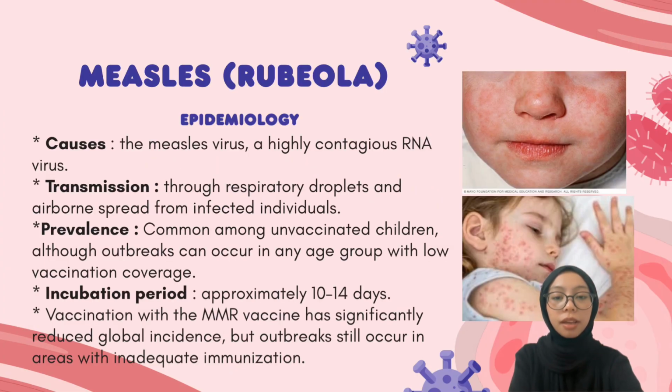So the first one is measles. Measles, also known as rubeola, is caused by the measles virus, a highly contagious RNA virus that is transmitted through respiratory droplets and can spread from the infected individual. It is common among unvaccinated children, although outbreaks can occur in any age group with low vaccination coverage. The incubation period is approximately 10 to 14 days. Vaccination with the MR vaccine has significantly reduced global incidence, but the outbreaks still occur in areas with inadequate